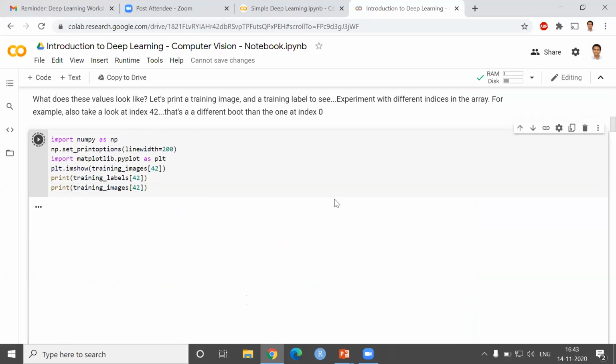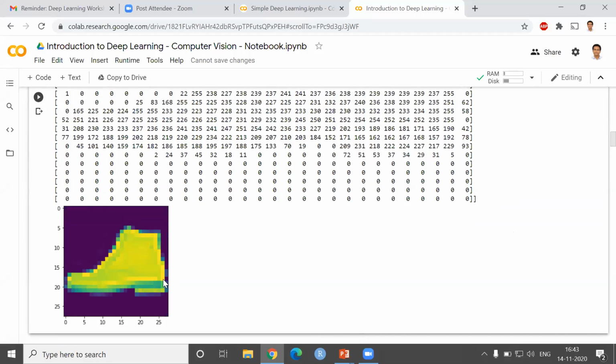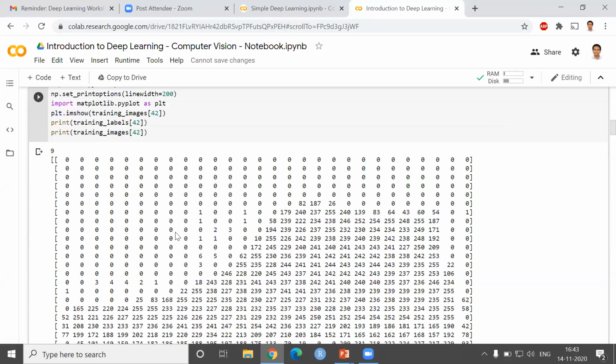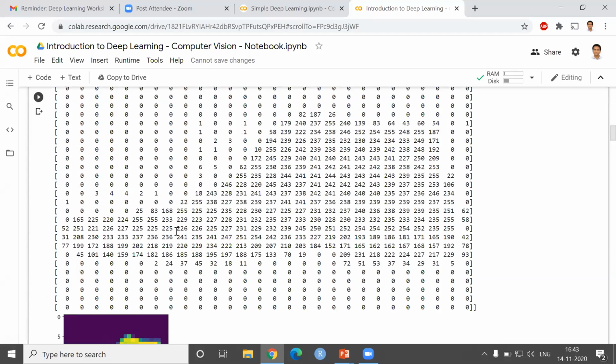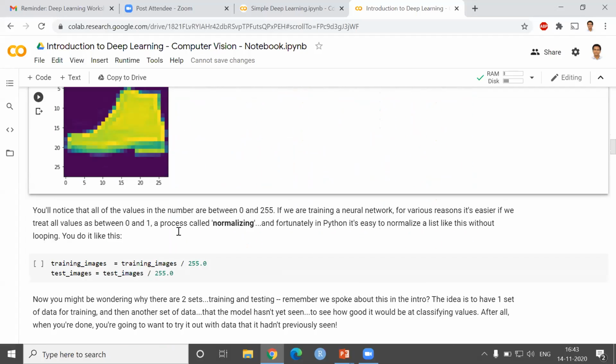What is at index 42? Okay, so this is again a boot, shoes here at this index, a different type at index 42.